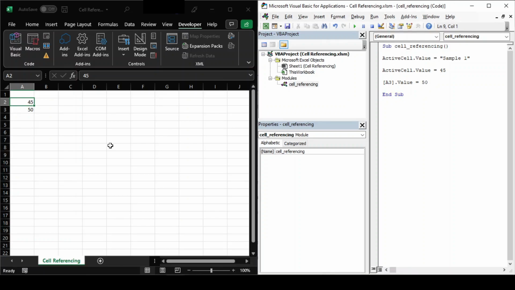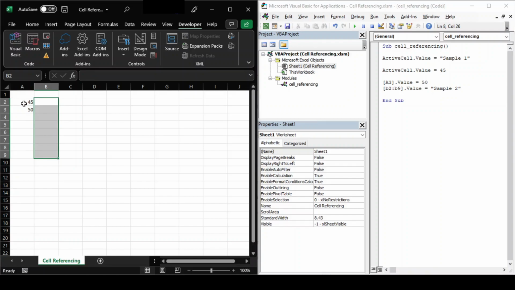Till now we saw how to refer to a cell, but now we'll see how to refer to multiple cells or a range of cells at once. Suppose we want to assign a value sample 2 to all cells falling between B2 till B9, both inclusive. We'll write into box bracket B2 colon B9 dot value as earlier. Every time we have to write dot value in order to assign it a value. Then equal to and in double quotes sample 2. So now what will this line do? It will write text sample 2 in all cells from B2 till B9.